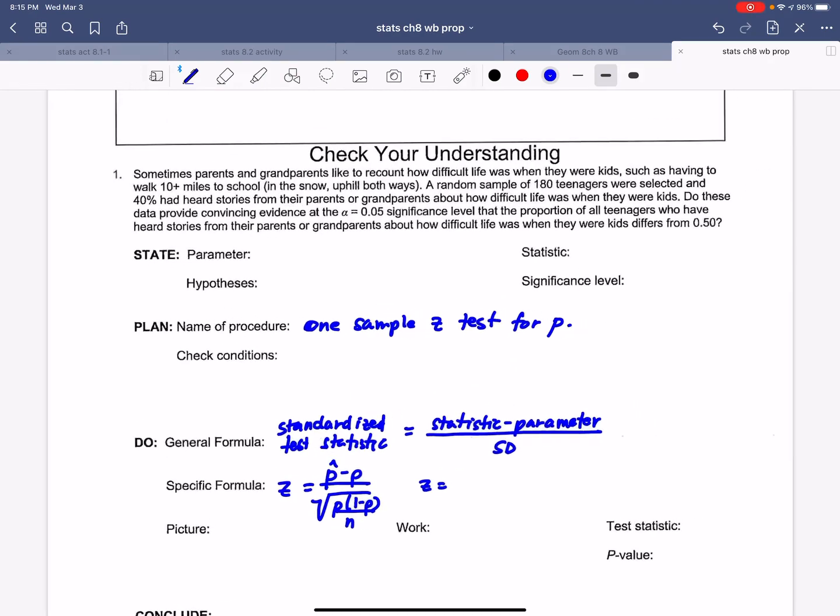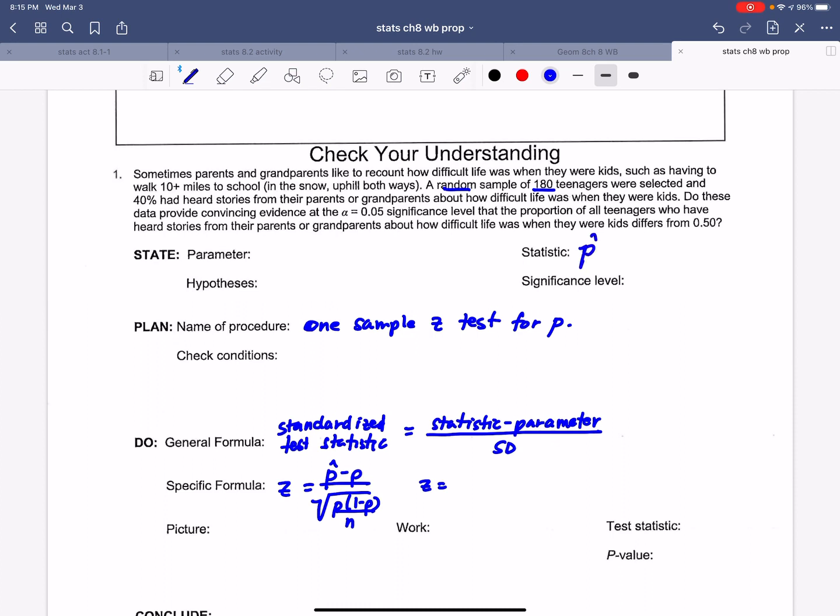So looking up in our problem, it looks like we had a random sample of 180 teenagers. Yeah, sometimes parents like to recount how difficult life was, such as having to walk 10 plus miles to school in the snow both ways. A random sample of,